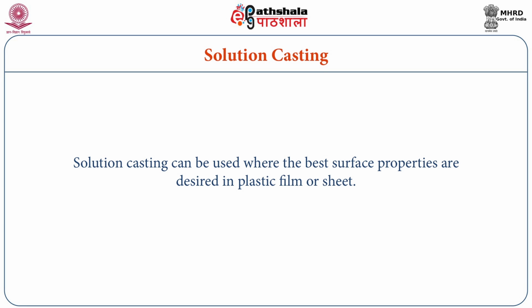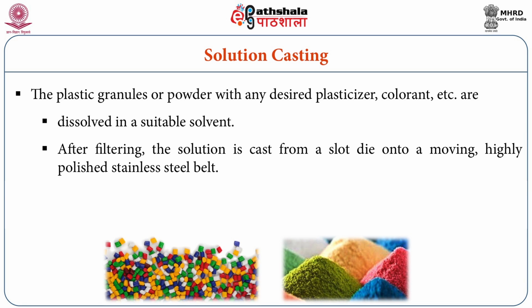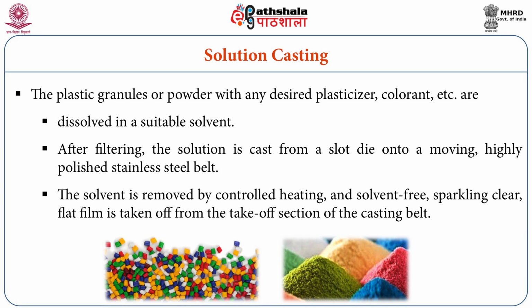Next method is solution casting. It can be used where the best surface properties are desired in plastic film or sheet. The plastic granules or powder, with any desired plasticizer, colorant, etc., are dissolved in a suitable solvent. After filtering, the solution is cast from a slot die onto a moving, highly polished stainless steel belt. The solvent is removed by controlled heating and the solvent-free, sparkling, clear, flat film is taken off from the take-off section of